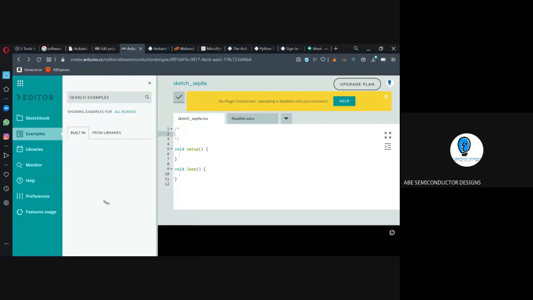When this kind of programming is started, it is purely C++. It is library-oriented code, and object-oriented code is present over here. So it follows C as well as C++ in this code. The first thing is, it starts with void setup and void loop. Hope you have understood what void setup and void loop are. Yes? Can anybody tell me what void setup and void loop are here?